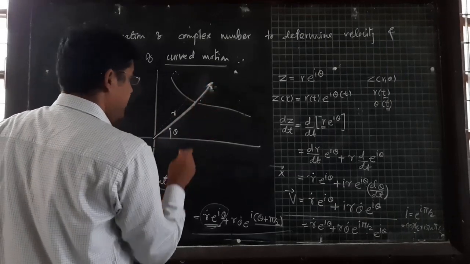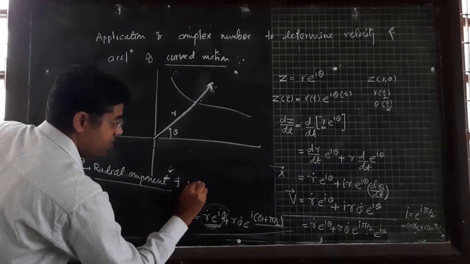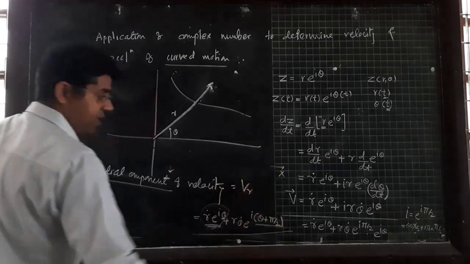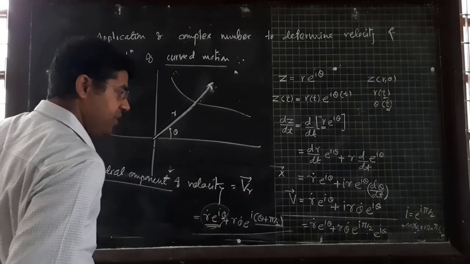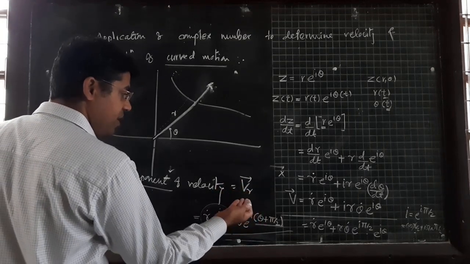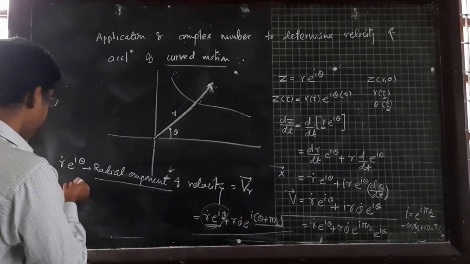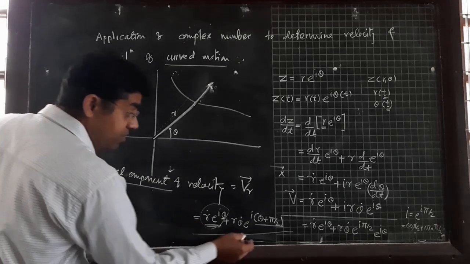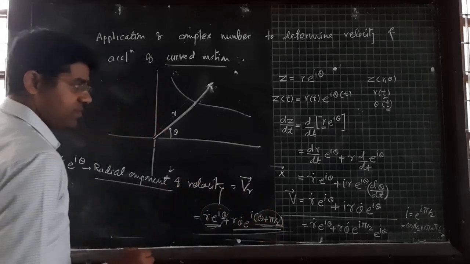Okay. So that is nothing but my radial component of velocity, which is probably denoted by Vr. Okay. So this is a vector quantity. Suppose we take the modulus of this, meaning you require the magnitude of your radial component, then you will get r dot. Okay. Now the transverse one is theta plus pi by 2.